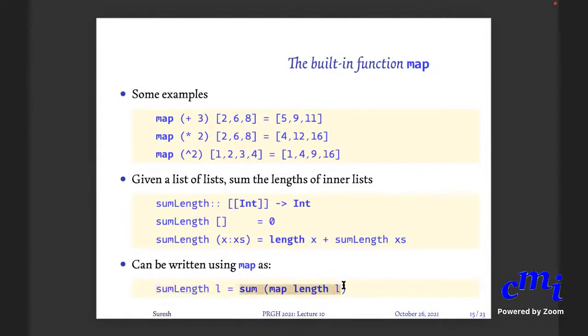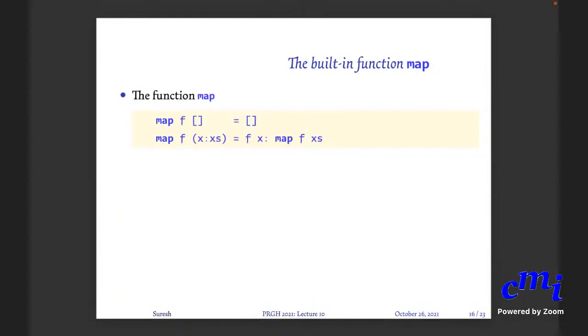Sir, the first function that the map takes as input, that has to be inbuilt, right? That has to be unary, yes. Or it can be binary, but then it will take... No, sir, I was asking whether it has to be inbuilt or not. No, it need not be inbuilt. It can be your own function. I'm coming to that in a minute.